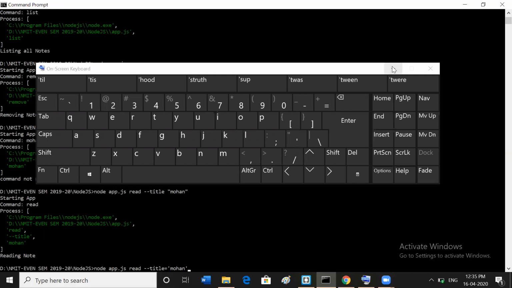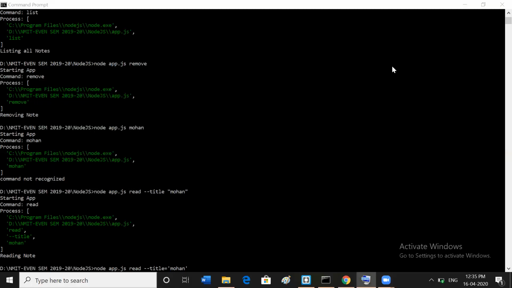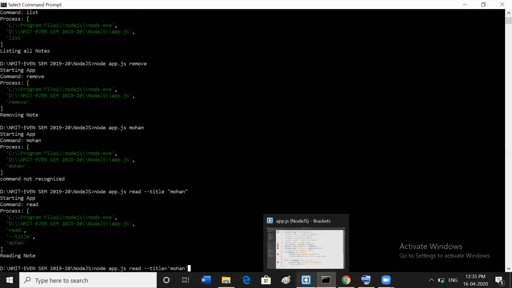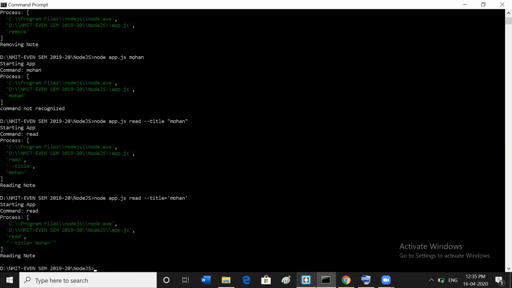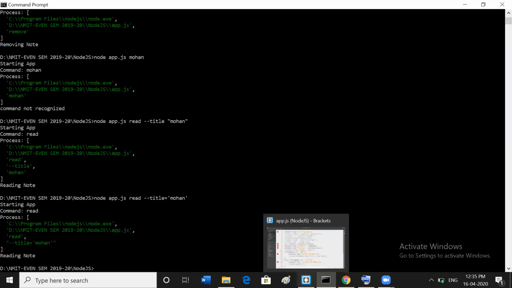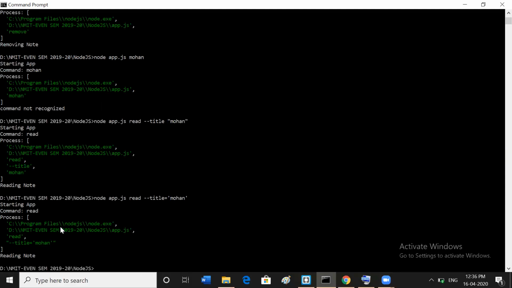Only with single quote it's working perfectly. Right, title and Mohan. So this is the Mohan. It took this one as a string. For giving space, it is not taking. So we need to remember all these things while passing the command line argument.